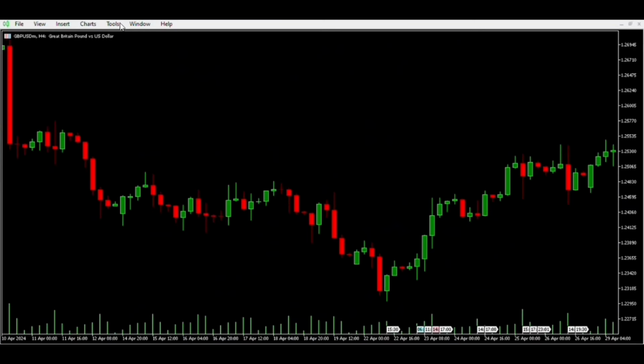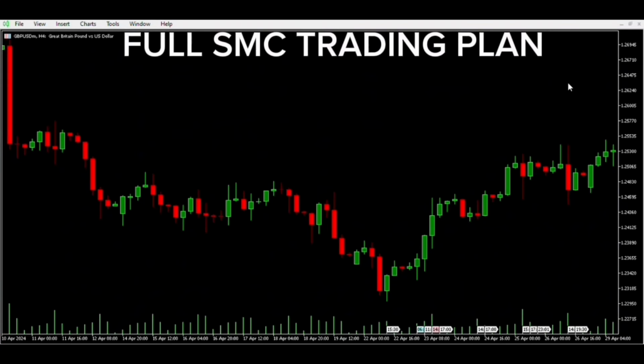Alright, good people, this is my full smart money trading plan, and it's just based on pure price action, so it's going to be very easy to imitate. I don't like complicated things. There's no need to complicate things. This trading plan is actually based on